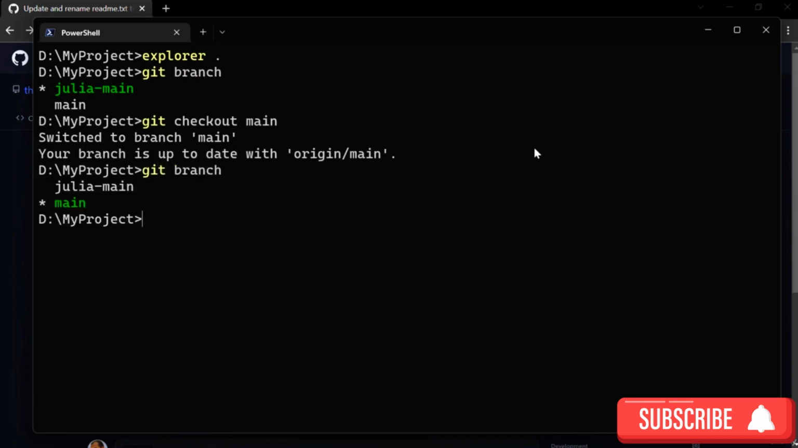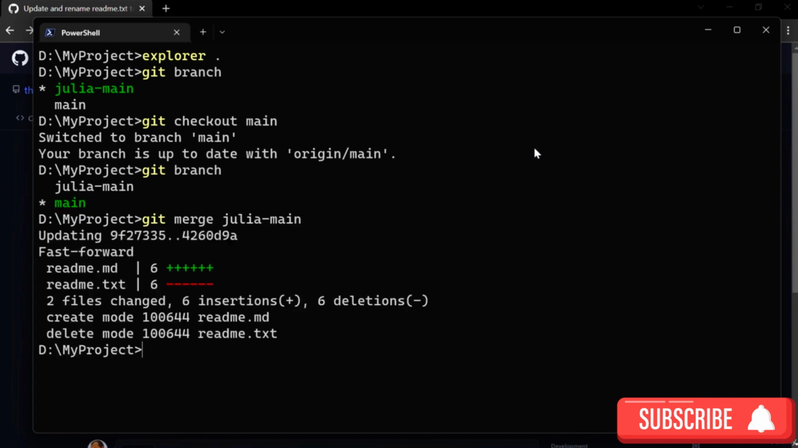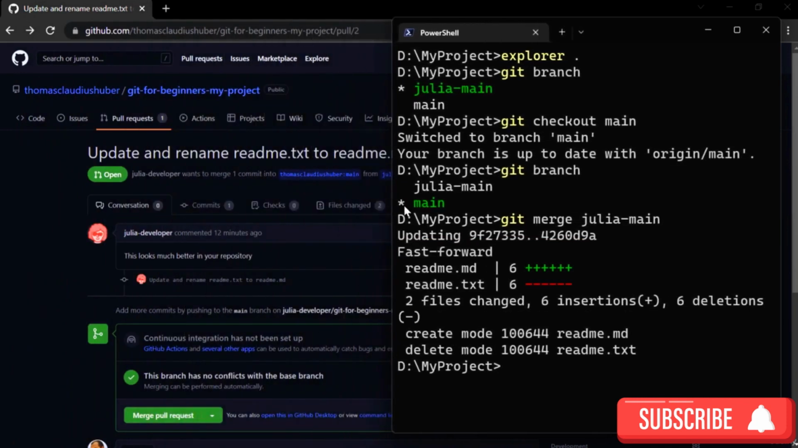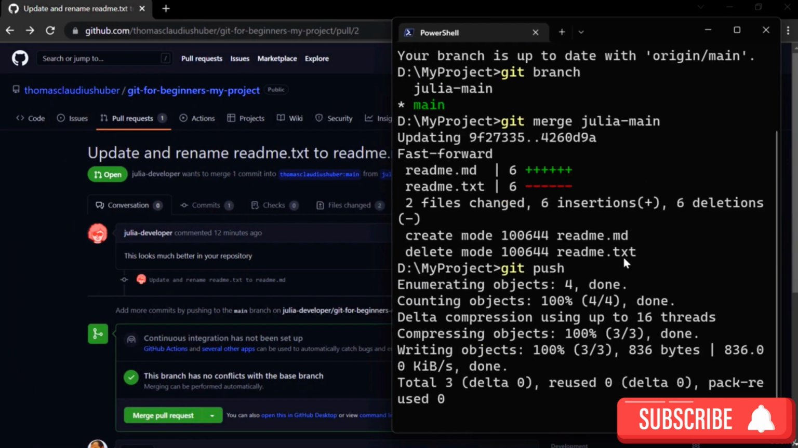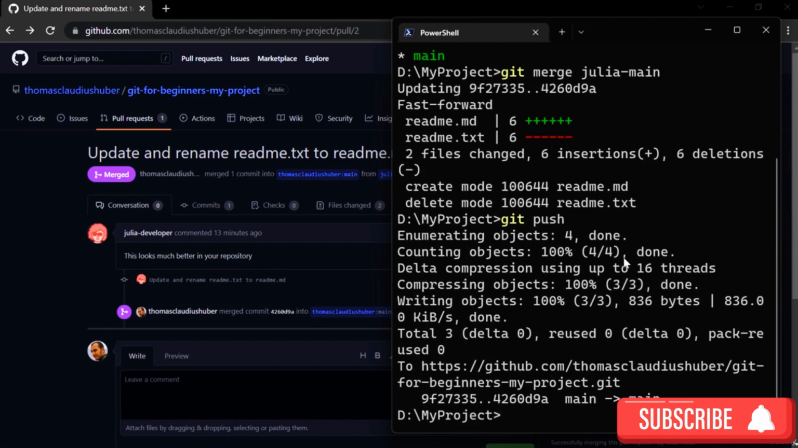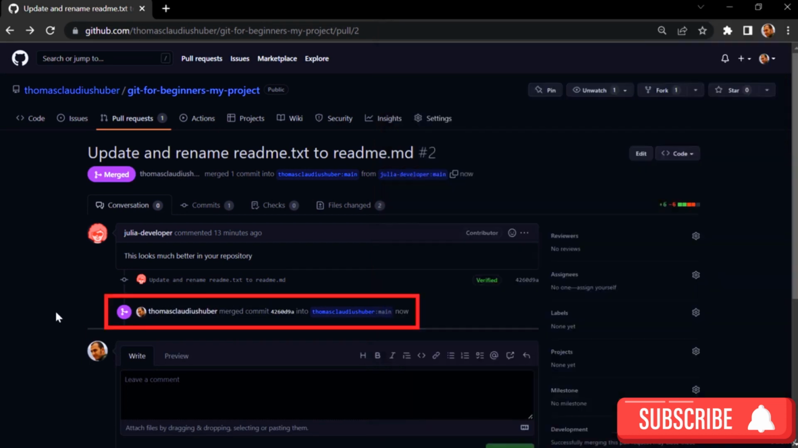Let's write again git branch, and you see we are now on the main branch. Now let's write here git merge and let's use the Julia-main branch and let's hit enter. Now you have the changes from Julia in your main branch. So the next step is to just use git push to push up your main branch. Let's hit enter, and now let's look at github.com. As you can see now, Thomas Claudius Huber merged commit into Thomas Claudius